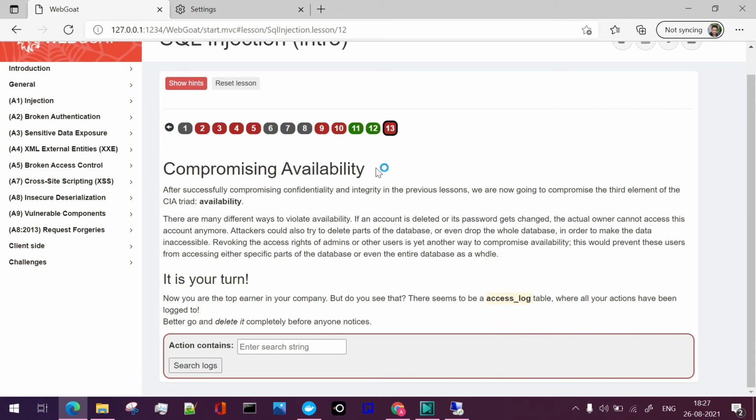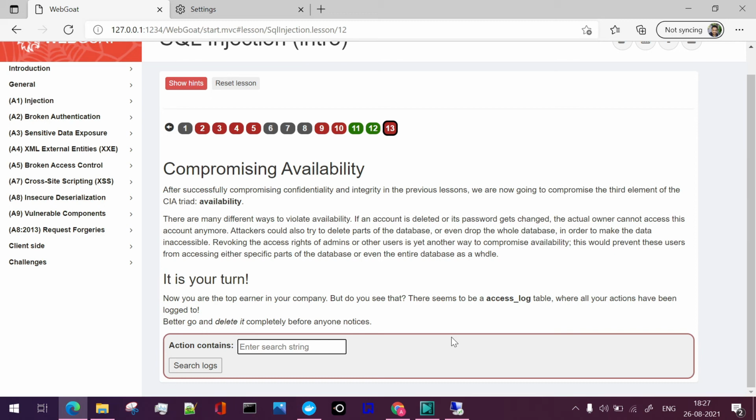Availability can be compromised by revoking the access of the admin, or we can delete or change the password of the admin, so that the availability of that particular entity or data is not present in the table. Here we'll delete the access log table, which would certainly reduce the trace of the hacking we have done on the system.